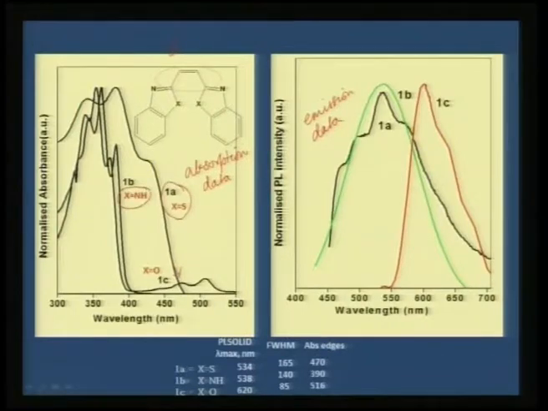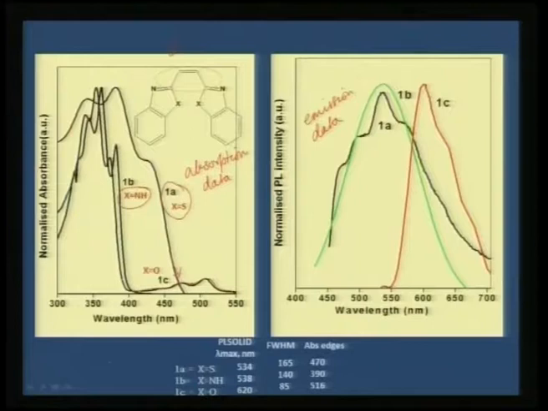You can see that imidazole is having a band edge at 400 nanometer. Now if you go for oxazole, interestingly oxazole has a sharp band edge somewhere around 400, but then you can see that it is actually tailing and extending up to 550. So oxazoles seemingly have an extended optical band edge compared to thiazole and imidazole, but distinctly you can see there is a large shift between the thiazole and oxazole.